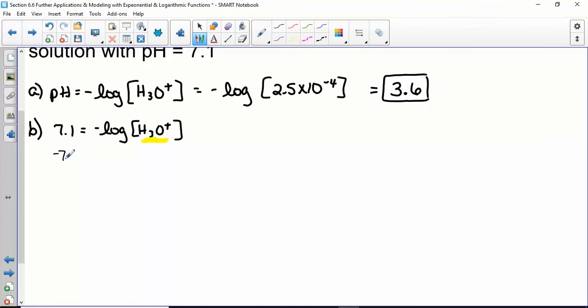What I'm going to do first of all is divide over my negative to get the log by itself. And then we know the definition of a log, we could change it to exponential. So that means 10 to the negative 7.1 equals your H3O plus. If you type that in your calculator,